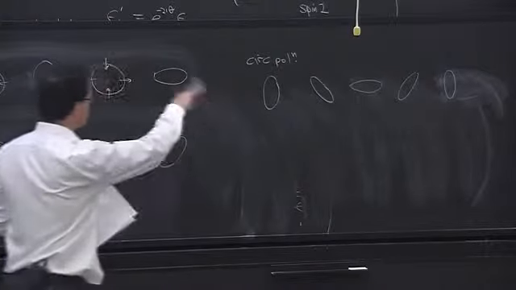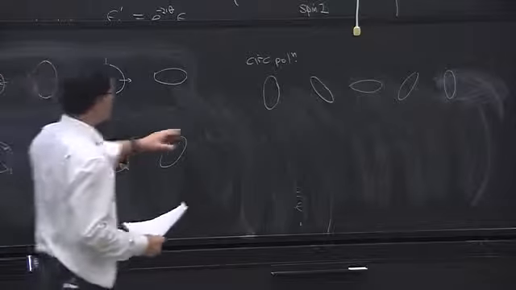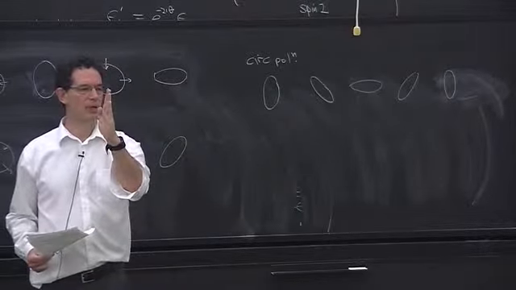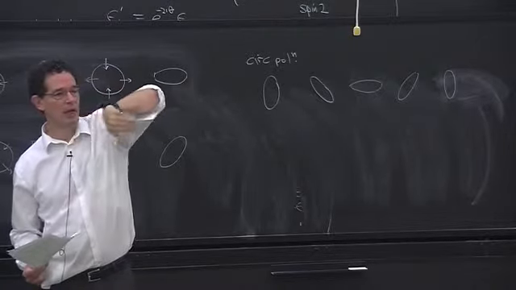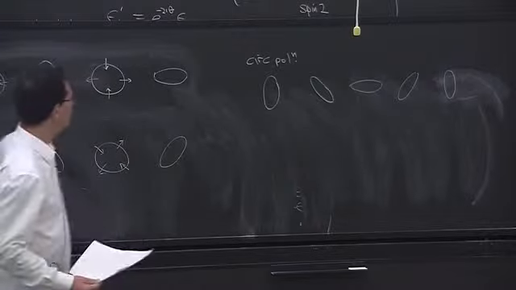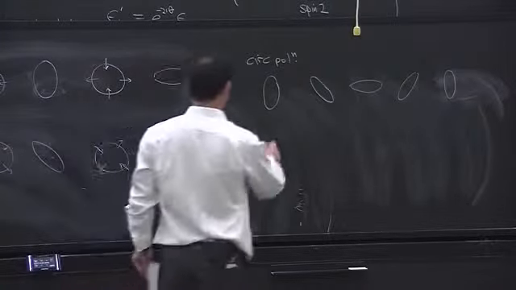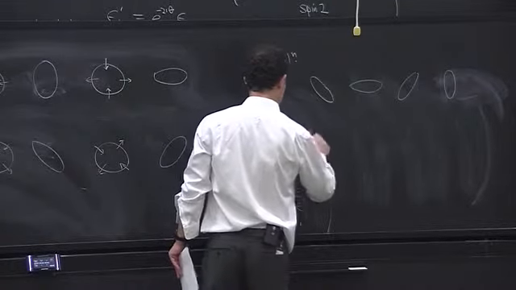Okay, so it just rotates the ellipse like a solid body. And that's what circularly polarized electromagnetic waves do as well. If you sit at one point in space, the electric field just rotates with the same strength at all times. And by the way, this is like string theory. In string theory,